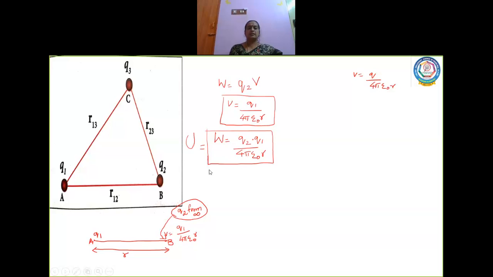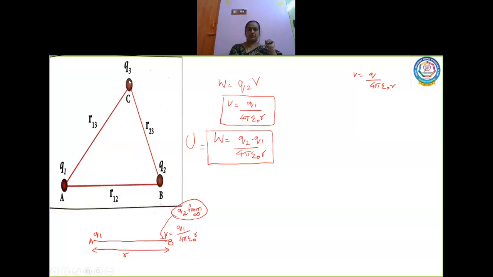Let us start to bring the charge Q1, then the charge Q2, then the charge Q3, and find out what is the total electrostatic potential energy due to a system of charges. A system of three charges as far as our diagram is concerned. Clear, children? So let us start with charge Q1. Now I am bringing a charge Q1 from infinity to the point A. Imagine that there are no other charges. We only talk about Q1.